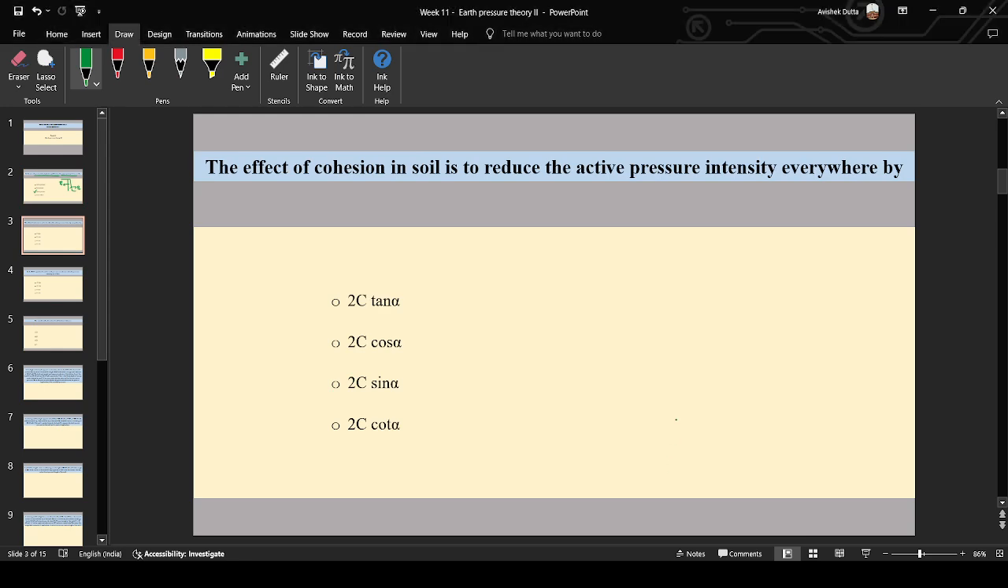The effect of cohesion in soil is to reduce the active pressure intensity everywhere by, the answer is option 4, 2C cot alpha. Because as per the Bell's equation, which have been discussed in the next question also, I'll just write it over here. The Bell's equation, active pressure in a cohesive soil,